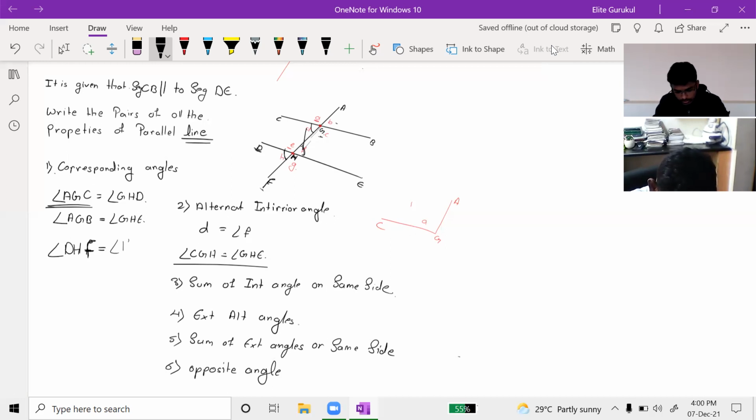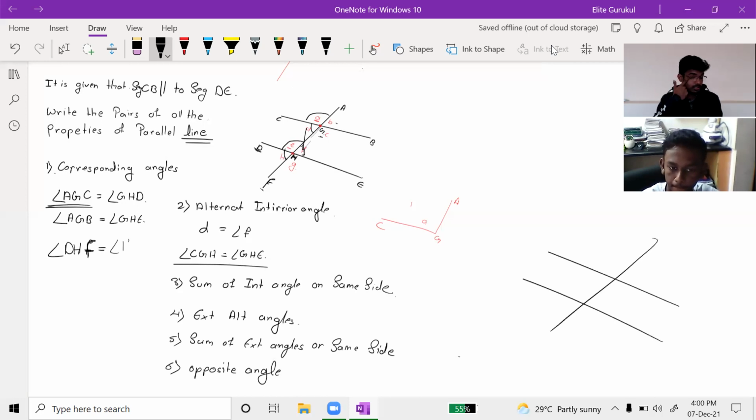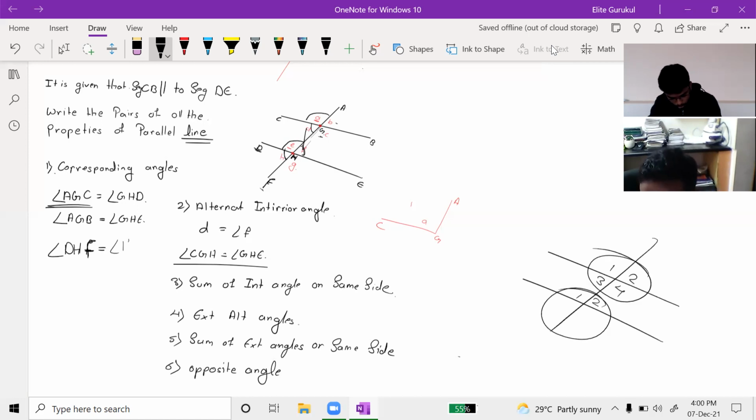See, look here. If this pair are corresponding, see, look here. This is the parallel line shape. Okay, this is the figure. Look like this, right? There are 4 angles, 1, 2, 3, and 4. Here also we have 4 angles, 1, 2, 3, and 4. All these 4 angles will be equal to these 4 angles. That is what corresponding angle says. So 1 will be equal to 1, 2 will be equal to 2, 3 will be equal to 3, 4 will be equal to 4.